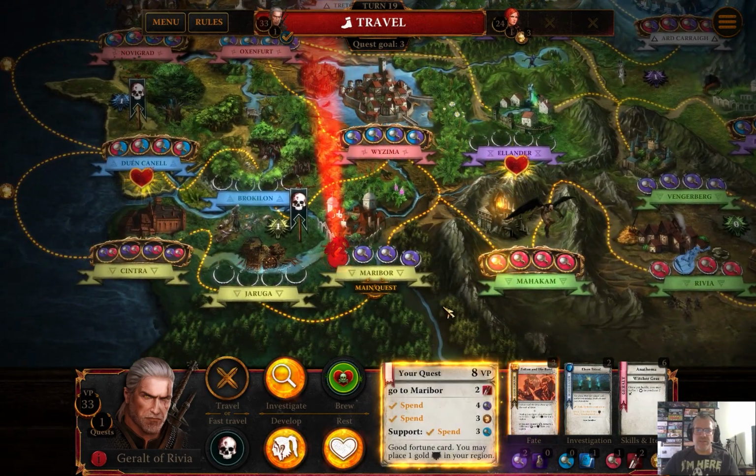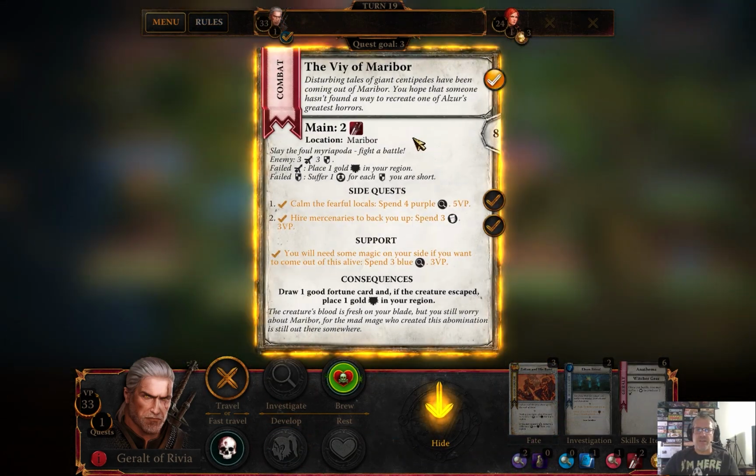Let's go here, our major one. Main quest. And we can do it. And let's do it. So, okay, the Vai of Maribor. Disturbing tales of giant centipedes have been coming out of Maribor. You hope that someone hasn't found a way to recreate one of Alzur's greatest horrors. I am here. Here's what I must do. Slay the foul